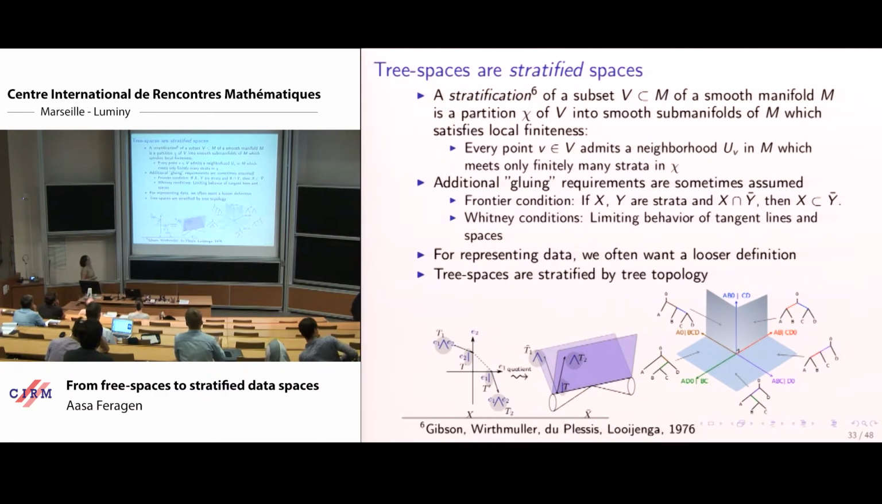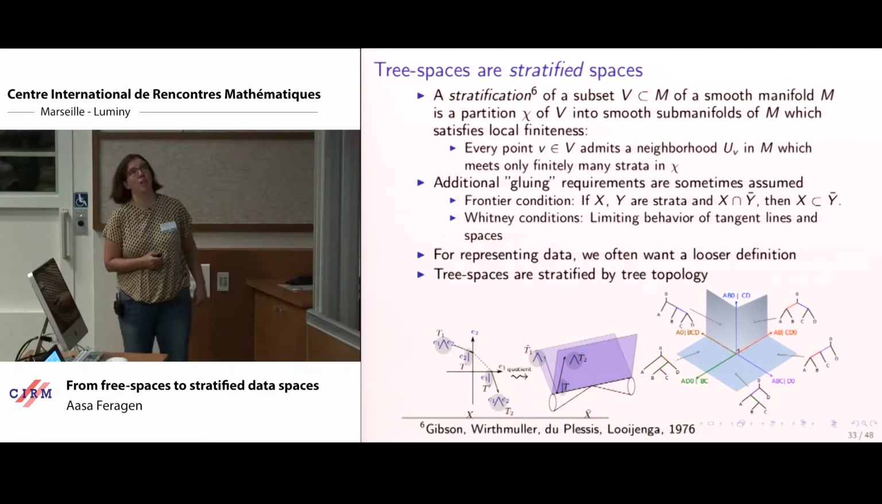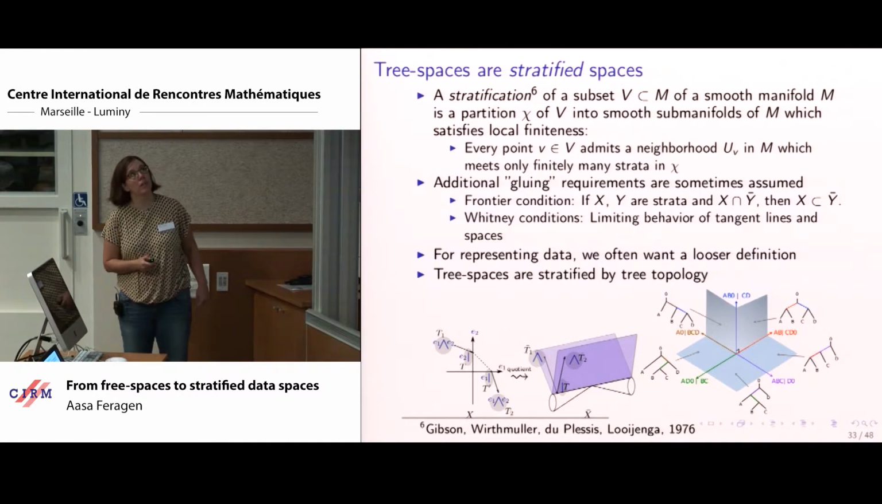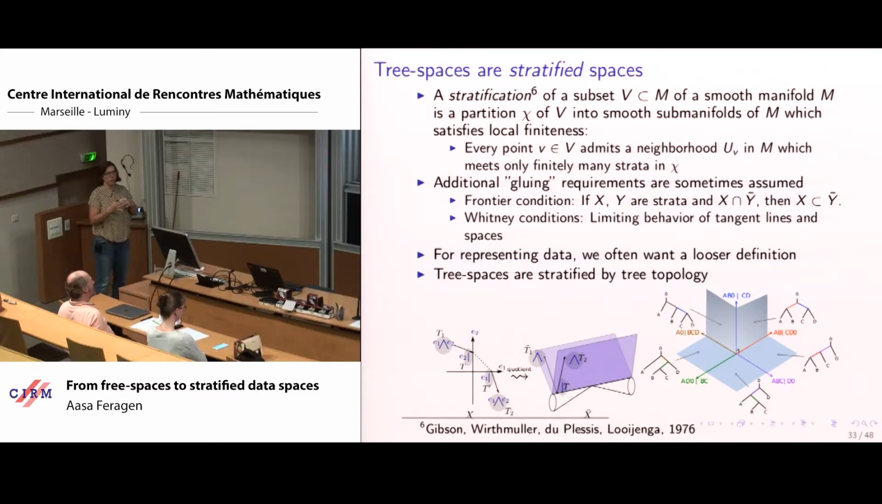Now, these tree spaces are stratified spaces. And Xavier mentioned them yesterday. A stratification is usually defined on subspaces or subsets of manifolds, so that you have some ambient differential structure. So a stratification of a subset of a smooth manifold is a partition of that subset into smooth submanifolds of the ambient manifold M. And you usually ask that it satisfies local finiteness. And in the singularity theory literature, you also have various additional gluing requirements that tell you something about how these strata are supposed to be